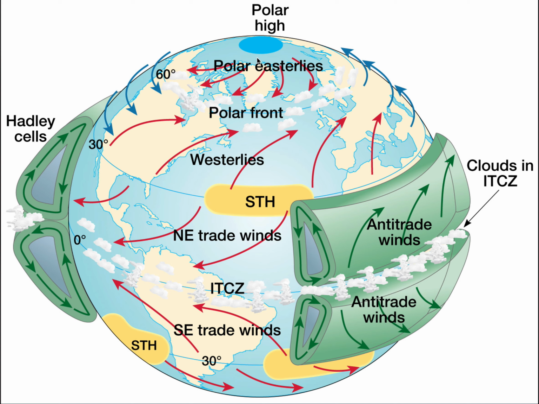The last little bit of winds that I want to share with you then are the polar easterlies. They're coming out of the east and then moving westward. You can't see it on this diagram here, but there are polar easterlies for the southern hemisphere at Antarctica as well. Okay,